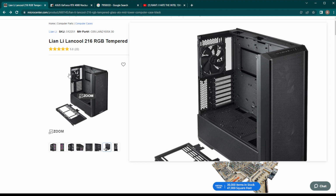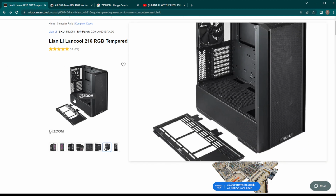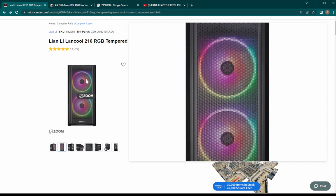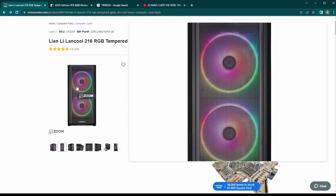If this was available when I bought my Lian Li Lancool 2, I would have definitely had one of these, for sure. And the Lancool 2 is not a bad case. I think for myself, though, I'm looking for something smaller. If Lian Li made one of these that was a micro ATX case, and maybe they did some space savings by, I don't know, shrinking the front fans down to 140s, just some really good 140s that look like these,